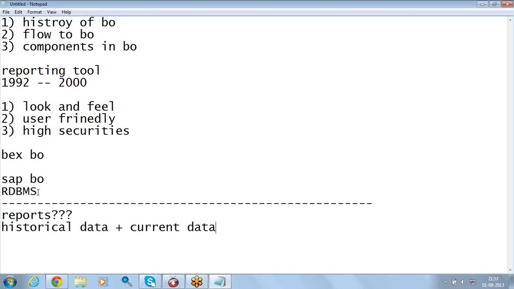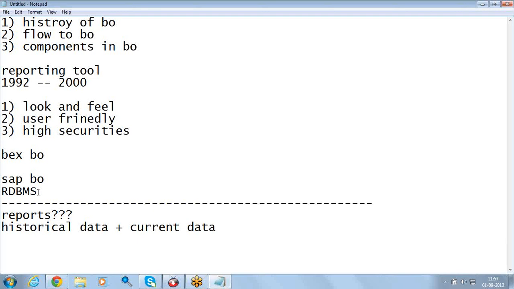The reports ultimately give you everything: the present data and the historical data, and it can be used in such a way that I can analyze the data to represent my future also. So everything is there with the reports.